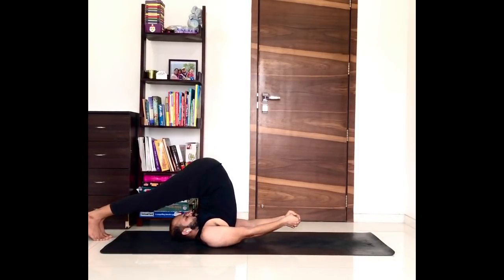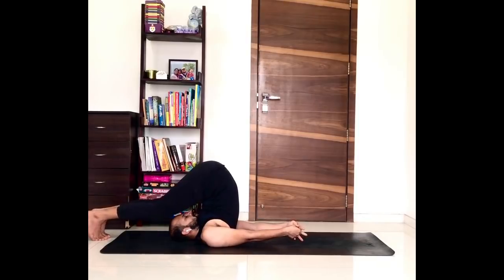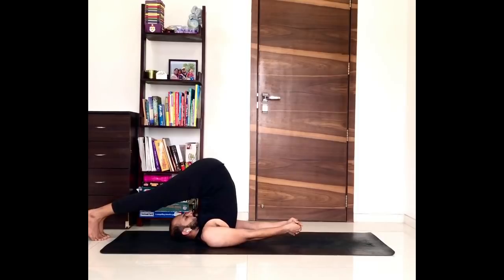1, 2, 3, chin touching your throat, 4 or chest, 5, core active. Don't just be here, keep a very active core and hip. 6, 7, try to imagine your back is straight. That will give you much more activation in the core. 8,